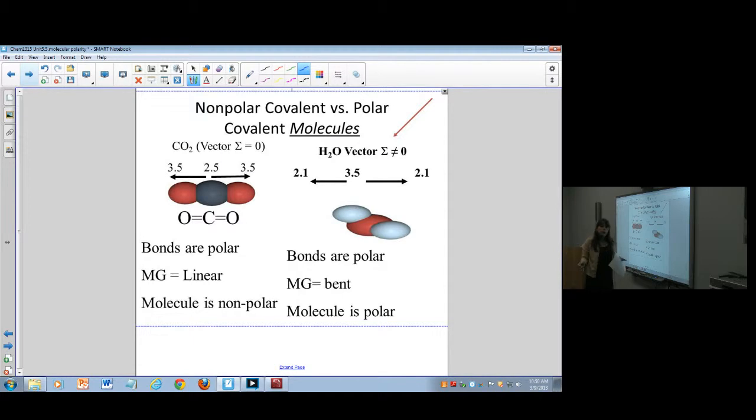Okay, so compare that to water. Look, this has 2 outer atoms, and this one has 2 outer atoms. When you first draw water in your Lewis dot structure, your first inclination is to draw it like that, which is perfectly fine. That helps you find that the octet is filled in the oxygen, and then there's a duet on each hydrogen. But these lone pairs of electrons right here